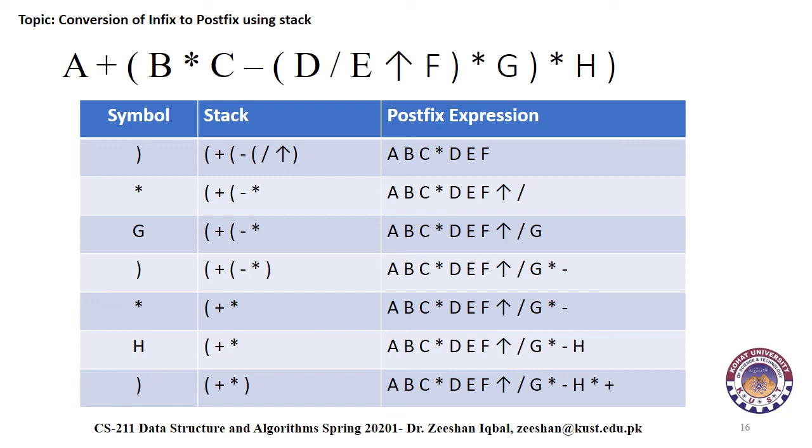Next symbol is again asterisk, which is an operator, so we have to check the stack top position. It already has the plus operator, which has less precedence than asterisk or multiplication, so plus will remain on the stack and we will push the new operator asterisk on the stack. Next symbol is H, which is an operand. We will put it in the postfix expression directly, and lastly we have the right parenthesis again, so we have to